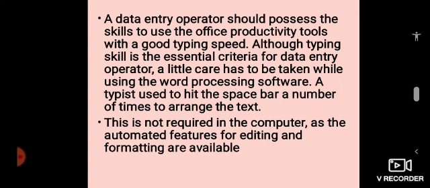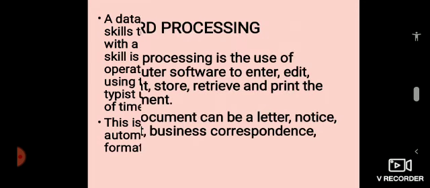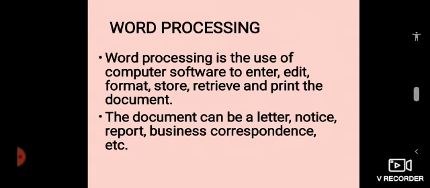Newer versions of word processors have new features for editing and formatting the text, in order to avoid pressing the space bar a repeated number of times.